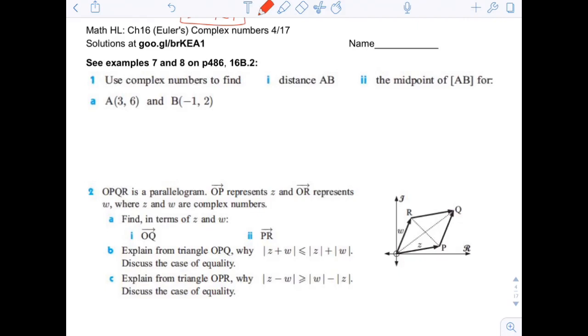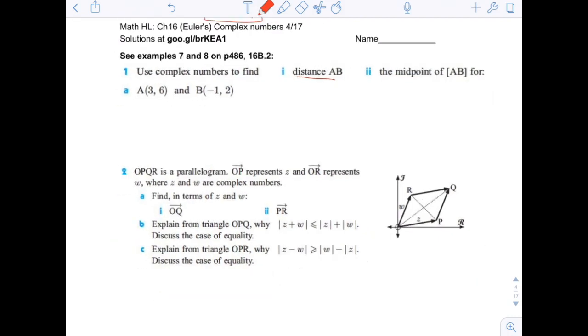Page 4 of Euler's complex numbers chapter from HL. Use the complex numbers to find the distance of AB and the midpoint of AB for these two coordinates. The trick is that in this case they said to use complex numbers, so we translate the coordinates into complex